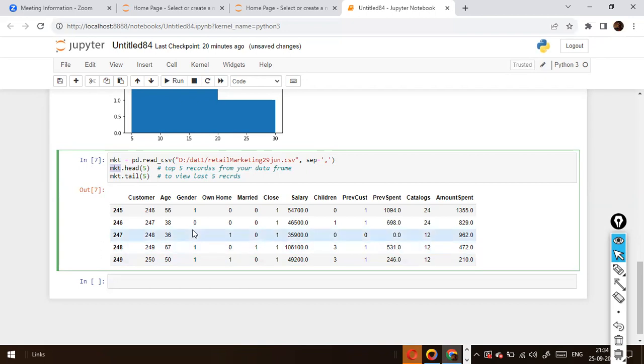Unnecessarily, it will display all the records. It's a time consuming thing. To explore the data at a high level, all you need is to view the top 100 records in the case of huge volume of data, and the bottom 100 records,